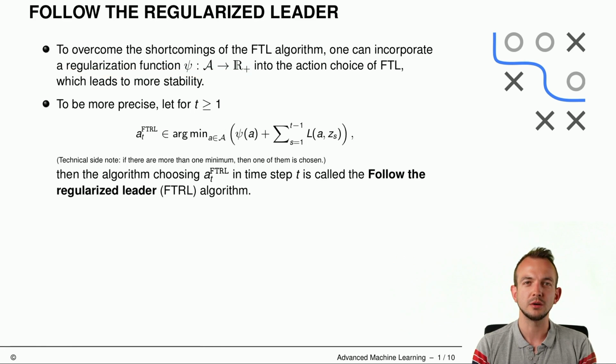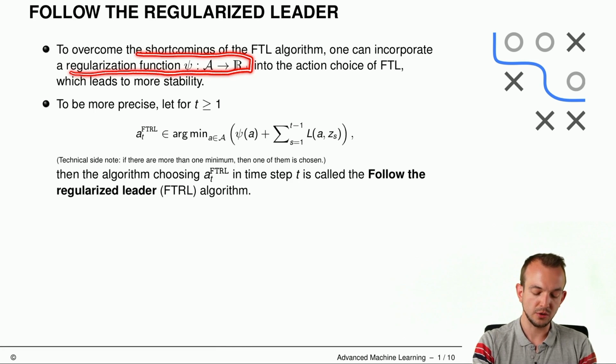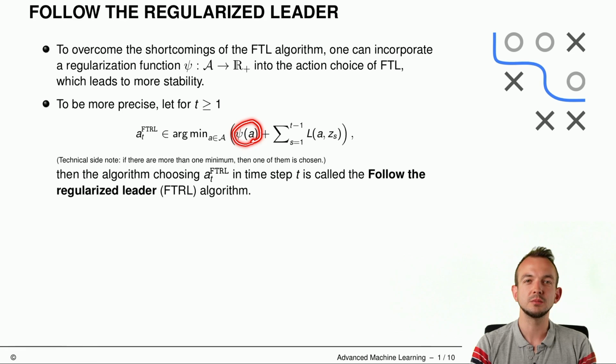Quite similar to what we know from the batch learning scenario, where we have the regularized risk, where the regularization function, for instance, the L1 norm, is giving an incentive to have sparse models, that most of the parameters are 0. And you can do something similar here in the online learning world by introducing this regularization function into the choice mechanism of the follow the leader algorithm, and encode whatever you want, more or less, regarding the desired properties